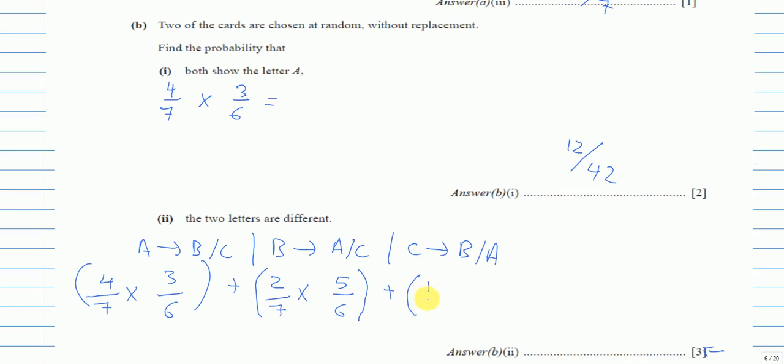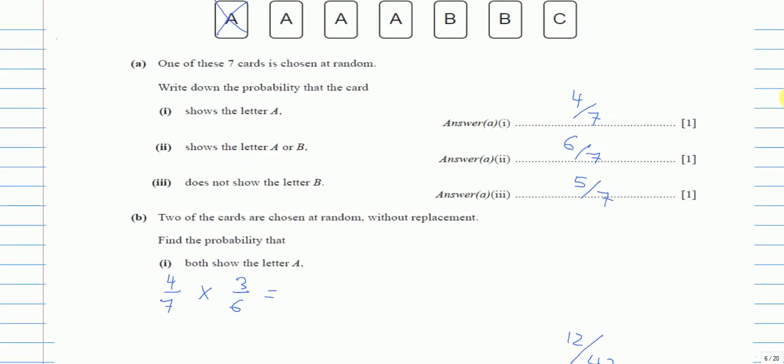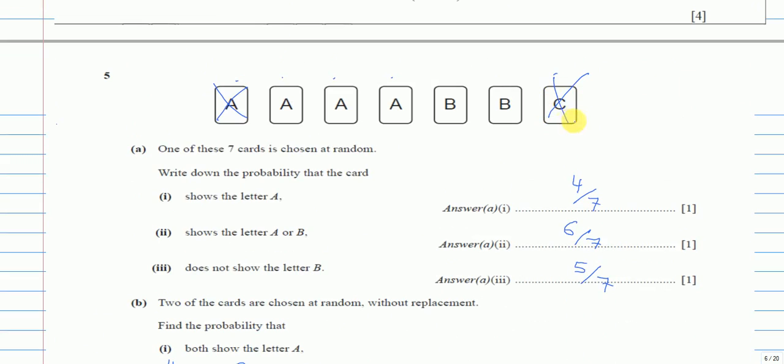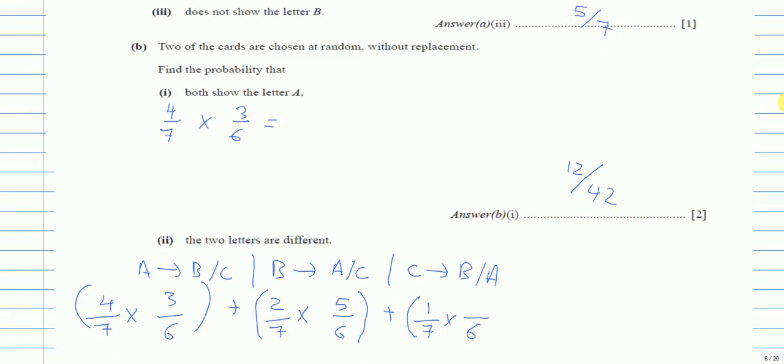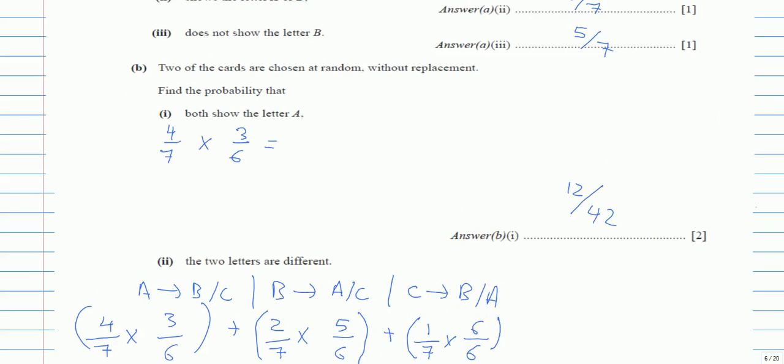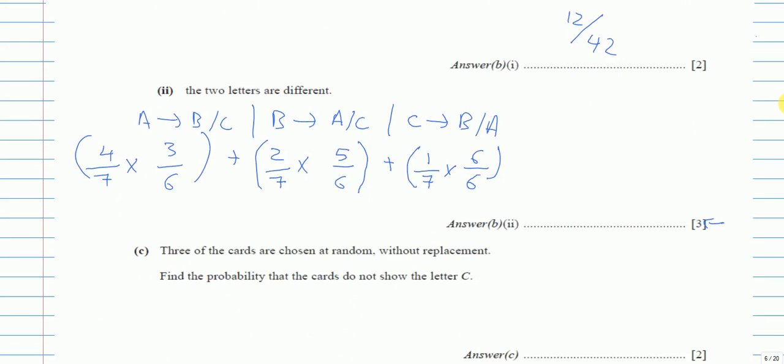And then the first one is C. It's just 1 out of the whole 7 cards, and then we are not replacing, so the total will decrease and it's either A or B. How many A or B do we have? If the first one is C, this is gone. All of them, 1 2 3 4 5 6 out of the 6. So this is actually 1. When you do this on your calculator, you will get 2 over 3. Even if you write any equivalent fraction, it will still give you all the 3 marks.